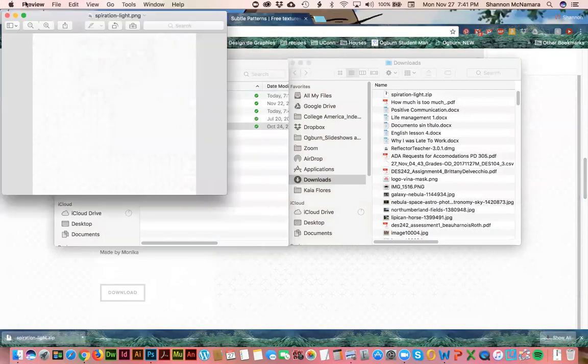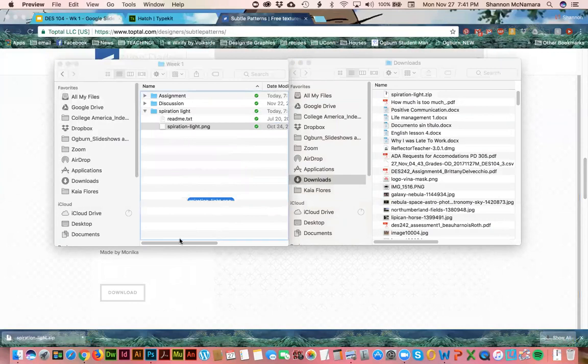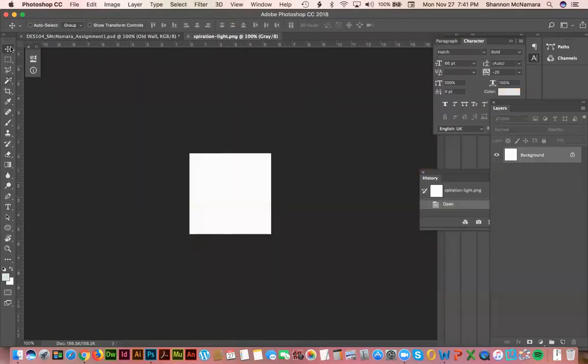Oh, this is what I mean. See, I don't have my PNG file set up to open in Photoshop, so it opened it up in Preview. So I'm just going to drag it over into Photoshop and open it up. All right. So you open this up in Photoshop, and what you're going to do is go